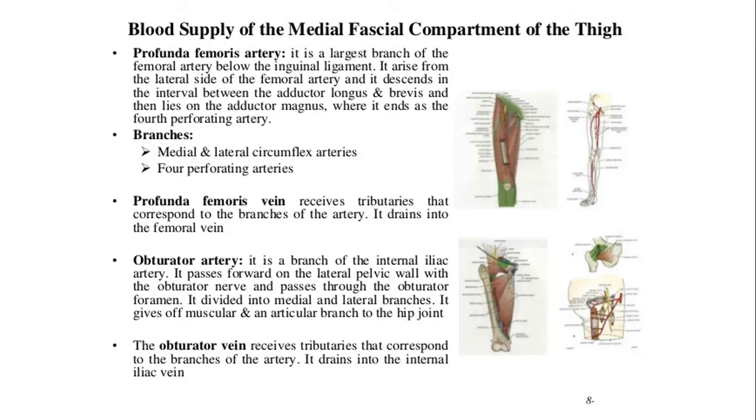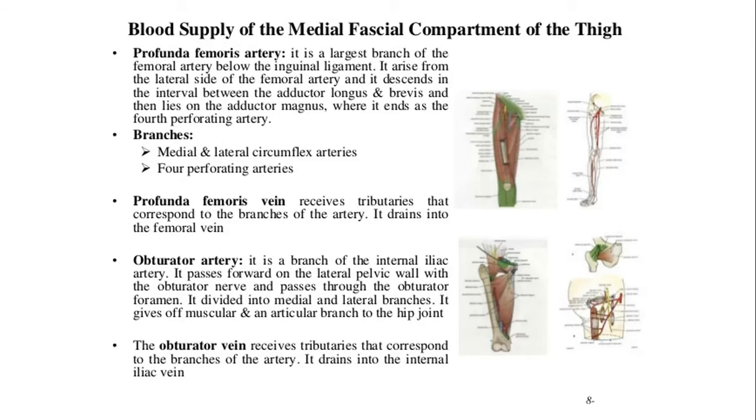Just at the beginning of the femoral artery, a big branch arises on the lateral side of the femoral artery, below the inguinal ligament. It is the largest branch, and it descends and rotates medially